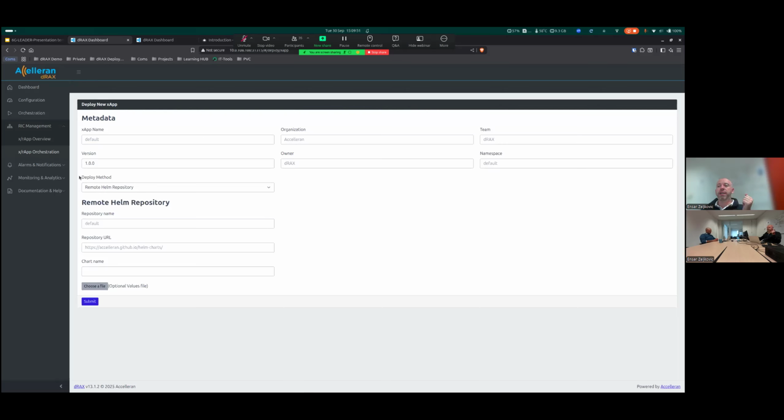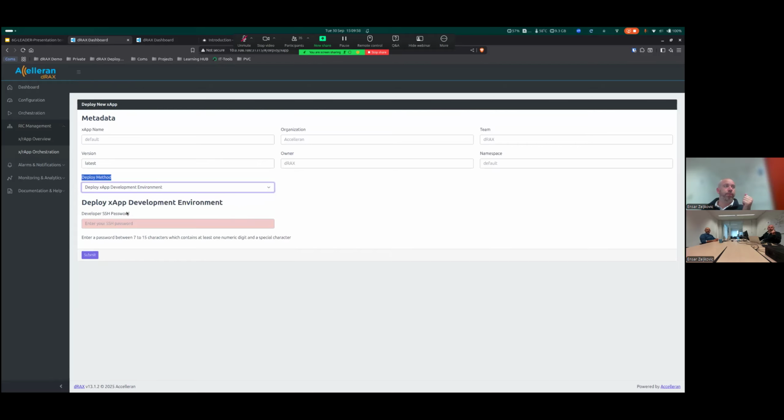The way we do that is in the deploy method. We just have to choose deploy the xApp development environment. Once you click that, you just have to give this xApp a name. I think I'm up to demo 6, or maybe 7, just to be sure.